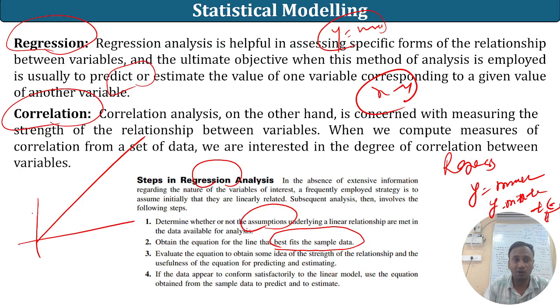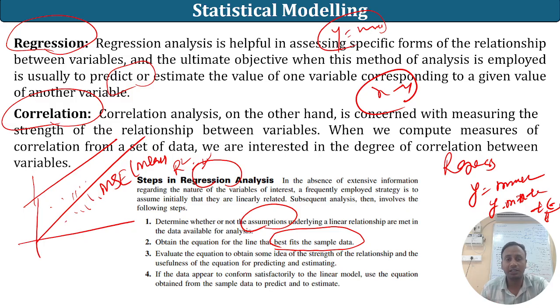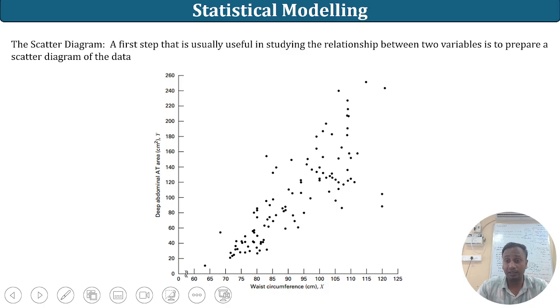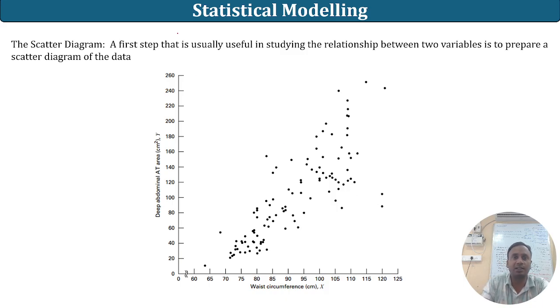That is the ideal line, and to see how good the best fit is, the MSE, mean square error, should be minimum, and R square should be close to 1. Then we check the strength of the relationship, which R square tells. If the data conforms to the linear model, we use the obtained equation and then we can predict and estimate. So here also some terms come into the picture. In that, the first step in regression